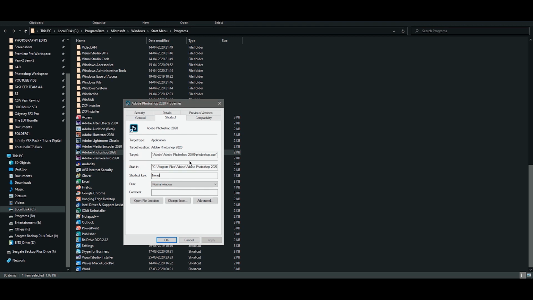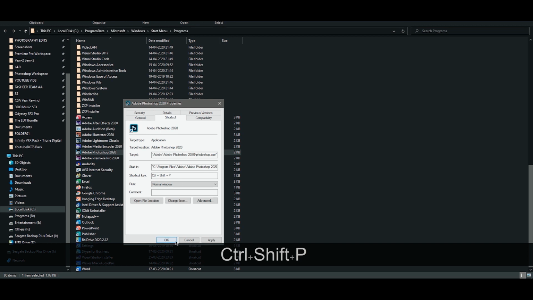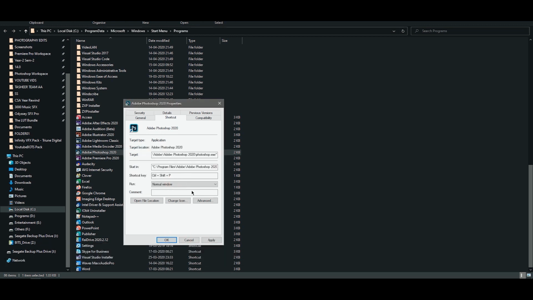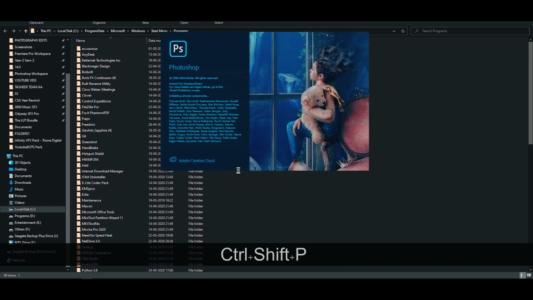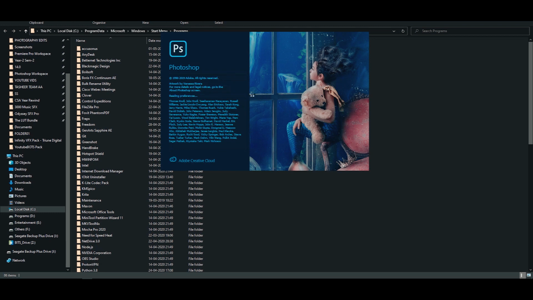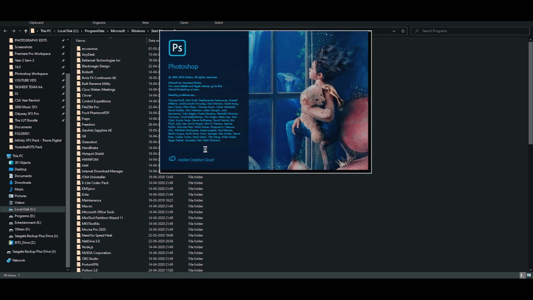If you assign a shortcut, like Control Shift and P, click OK and click continue, now you can easily open Photoshop by pressing Ctrl Shift P. That is mind blowing. It's really helpful for people who can integrate this shortcut into their daily life, like coders or programmers.